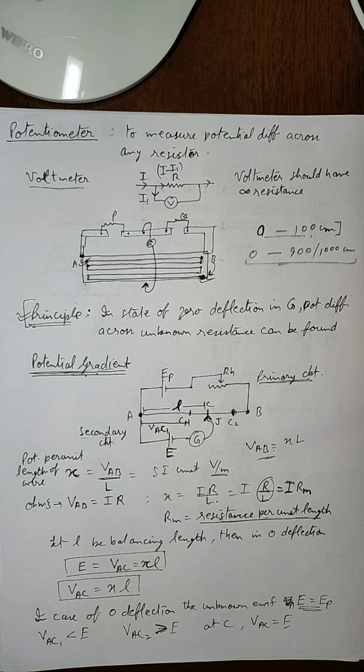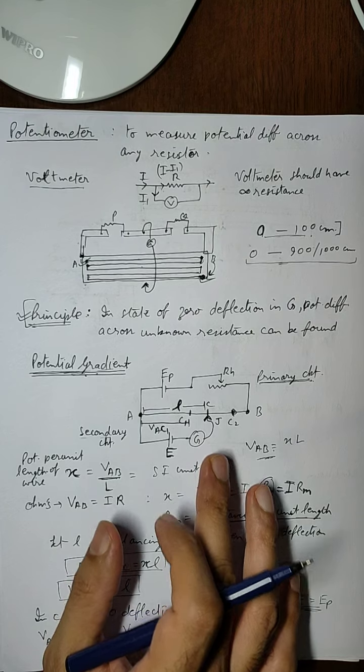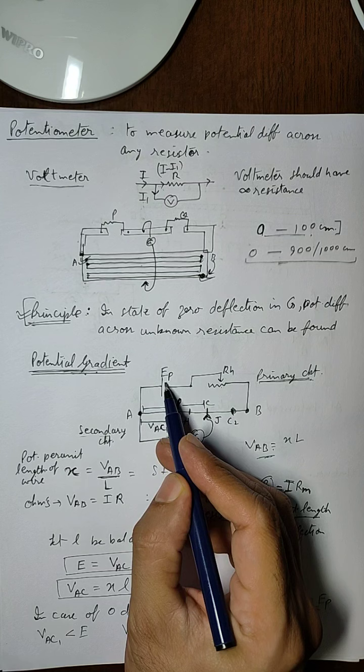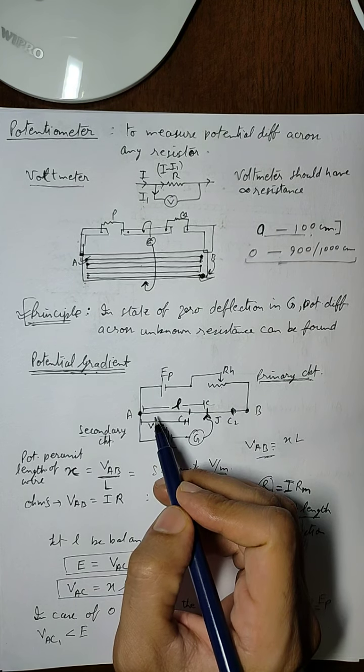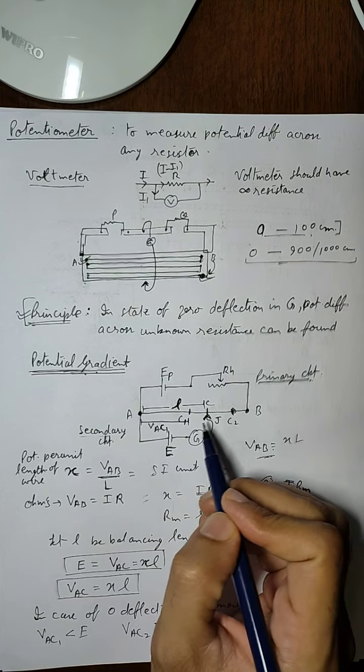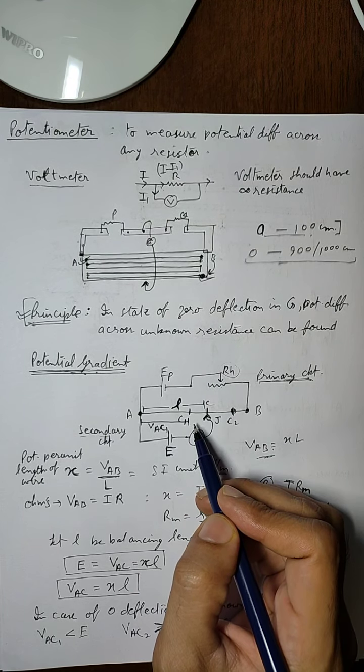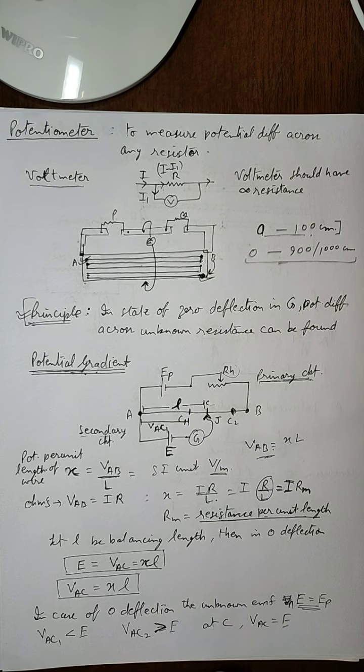So this becomes true, and this will give us the value of potential gradient. Now this particular process is called standardization, and after standardization is achieved, we do not disturb the primary circuit of the potentiometer. If we disturb the circuit, suppose if we change the potential, if we change the EMF, or we change the thickness of the potentiometer wire, or length of the potentiometer wire, or the value of the rheostat, then again we have to find the potential gradient. So once potential gradient is found, we do not disturb the primary circuit. Now how do we use the potentiometer for various applications, that we will discuss in the upcoming videos.